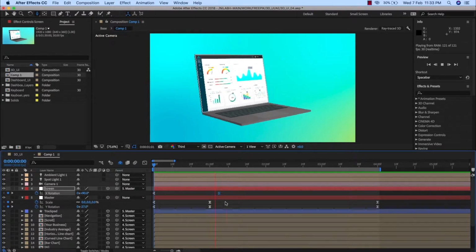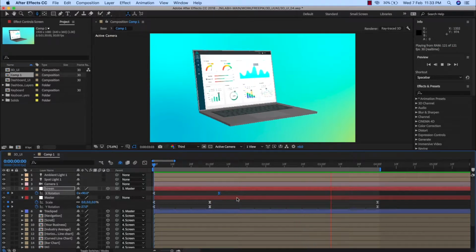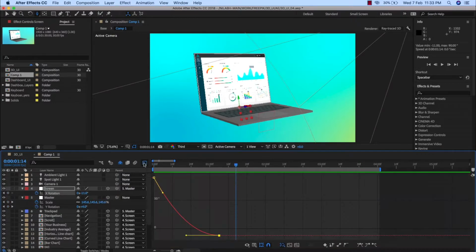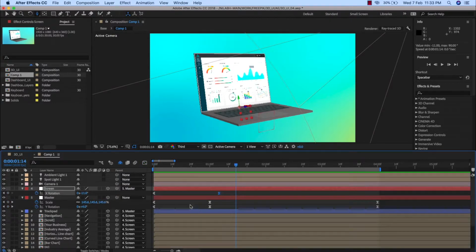So here I have it, the main animation of our laptop opening up is done. I have just adjusted some graphs and made them smoother in the graph editor. It really helps to do that because it adds value to your animation, and just moving objects is not really animation, so you really have to take care of ease in and ease out and how appealing it looks with